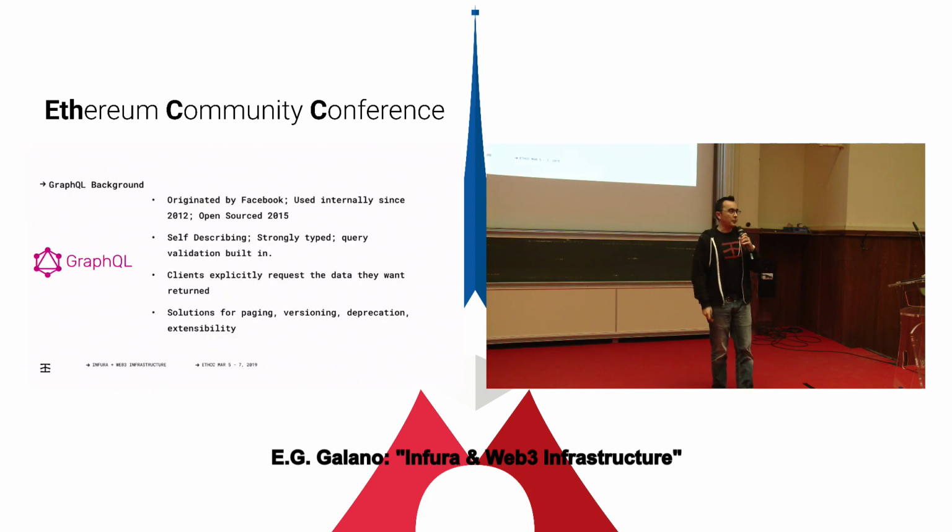So for those of you that are unfamiliar with GraphQL, it was an API specification originated by Facebook. Back in 2012, they've been using it internally. They open sourced it in 2015. It had an MIT license applied to it in 2017. I think the problem that they were really trying to solve is how to make the API calls more efficient, right? They were moving very heavily into mobile. Mobile is a constrained network environment, so how do you create an API that can quickly and efficiently serve mobile clients? And so they started coming up with this GraphQL.